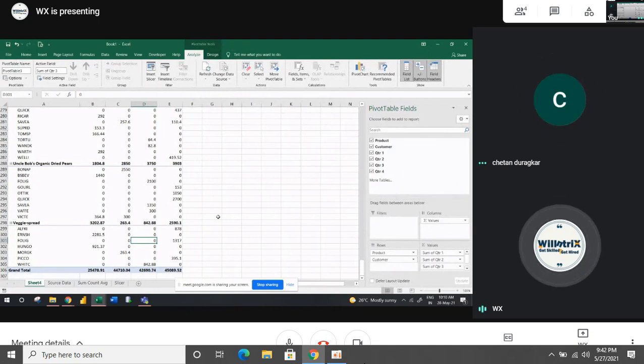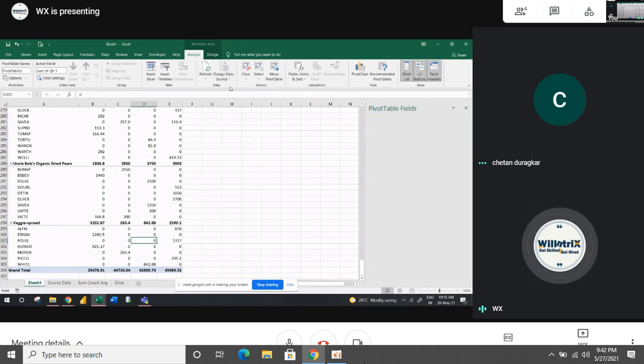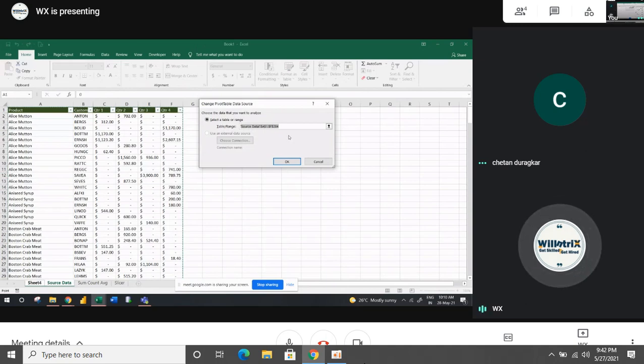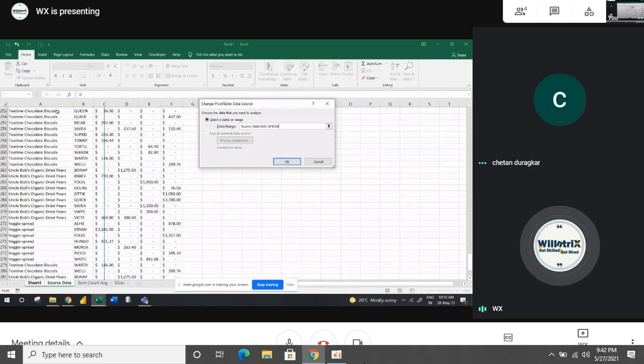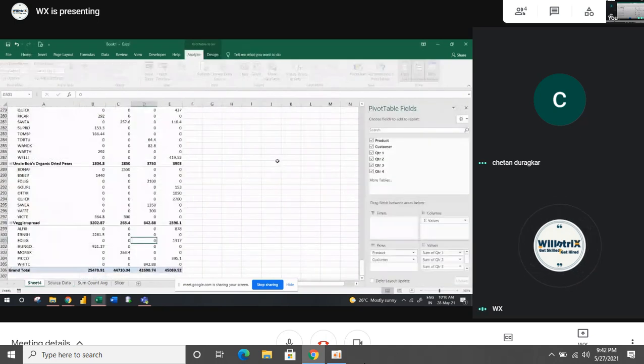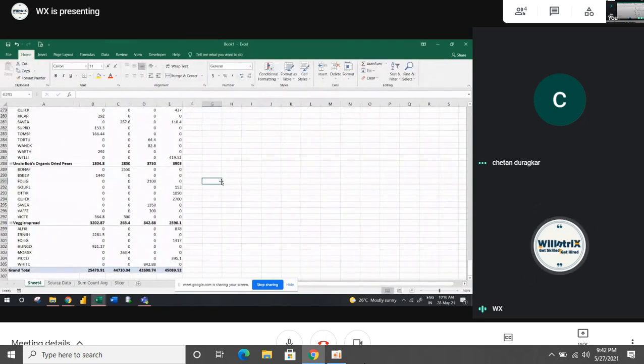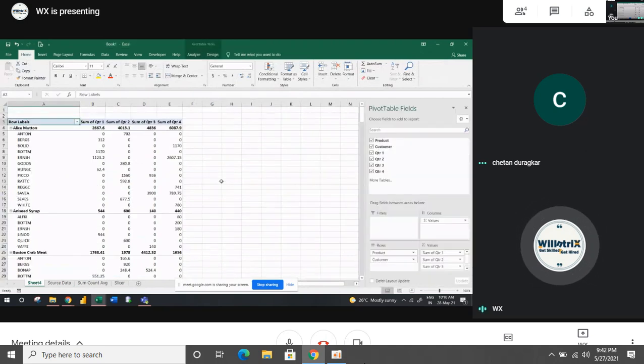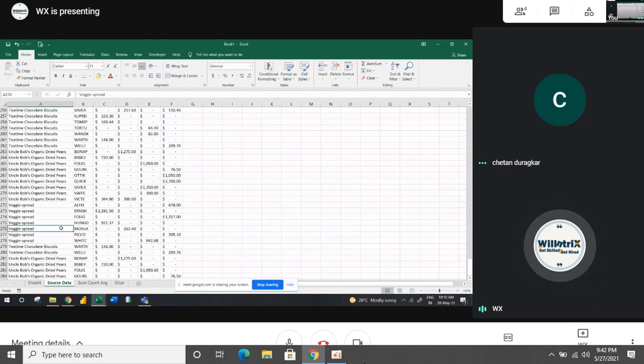Yes. I will repeat this again. Go to Analyze, Change Data Source. Automatically, once you click on this, it will take you to the source data. Then you have to remove that data range and set the data range manually again. Just give OK. Every time we have to do the same thing for creating a table, updating the pivot table or updating the data. That's not good, selecting manually every time. So what we can do is convert the source data into a format as table.